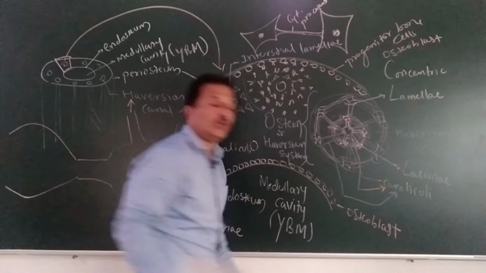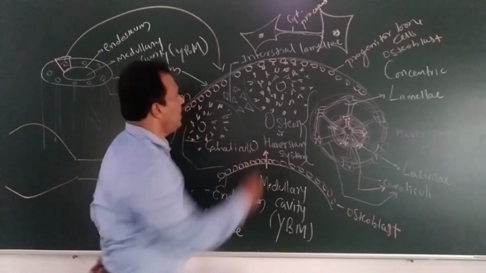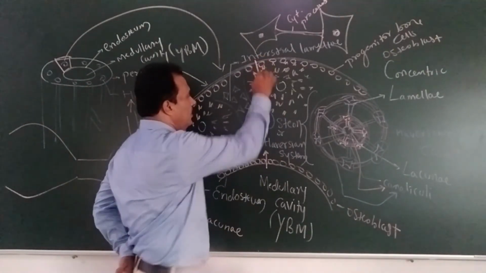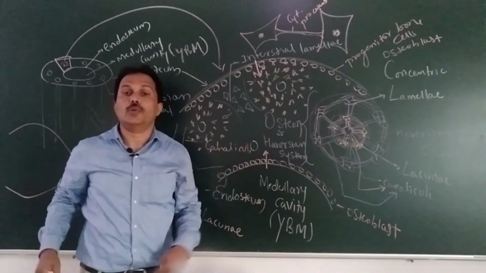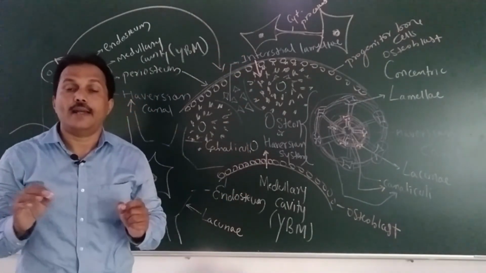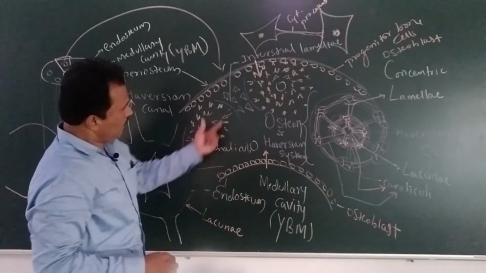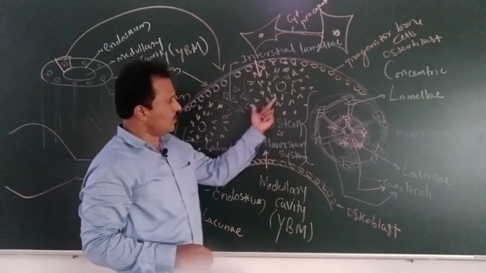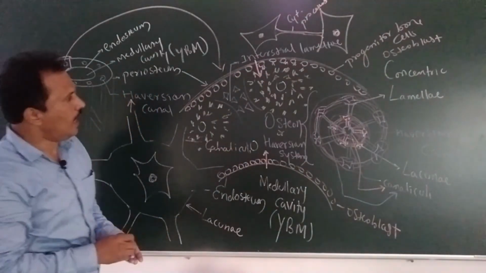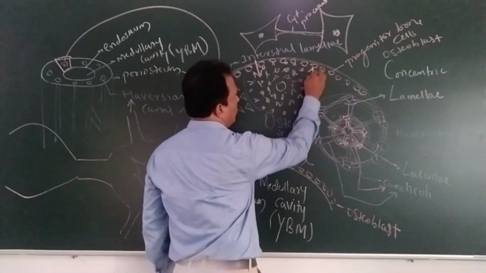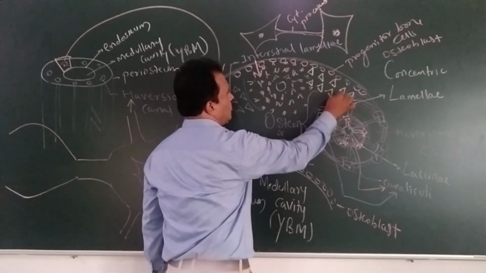So when the bone grows, it is growing from this side in this direction as well as from this direction. It means the bone is growing in both directions. The growth of bone takes place bidirectionally. Okay? So when we talk about this one osteon, another osteon, third osteon, in between them the interstitial lamellae are present, and at this end there is also one space you will find here, a space filled with osteocytes.